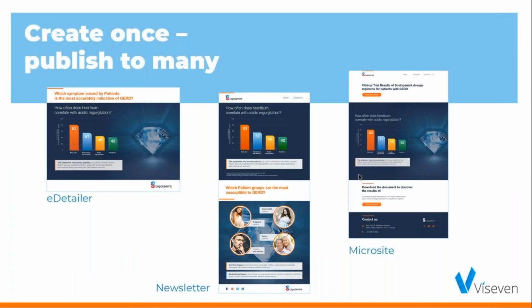And here is what the process might look like, what the result will look like. We see one and the same fragment here in the slide of the e-detailer, in the newsletter email template, and on a micro website. So we just inserted that into a channel-specific template, but we didn't really need to redo it and redevelop it every single time. We just reuse one and the same module, one and the same message, but in different channels.